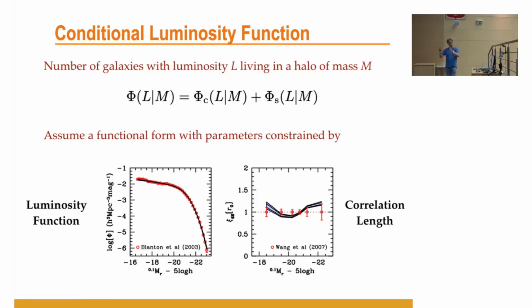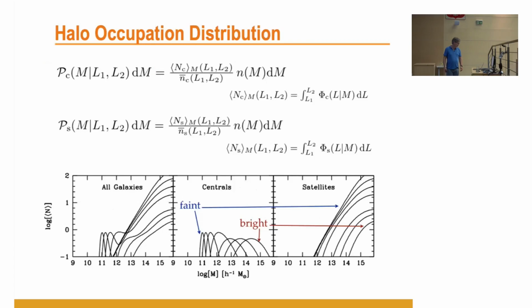This cross correlation on large scales should be 1, and there's a physical argument for that, because galaxy formation does not know so much about its large scale environment. So whatever statistics you get must be correlated with the matter statistics. But on small scales, deviations from a very simple direct linear relation between dark matter and galaxies can lead to deviations. And so these halo occupation distributions can be quite